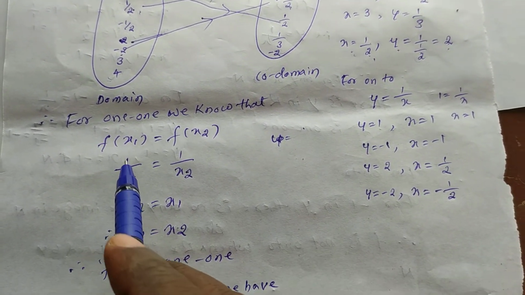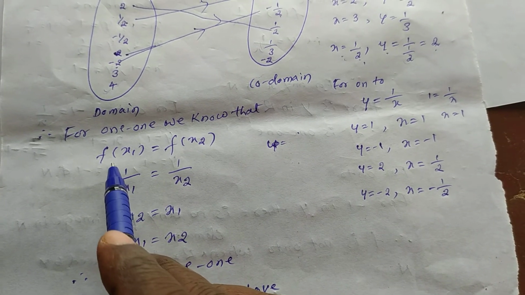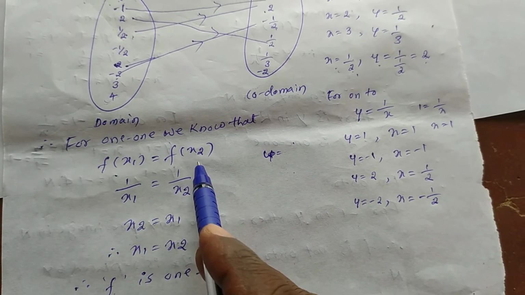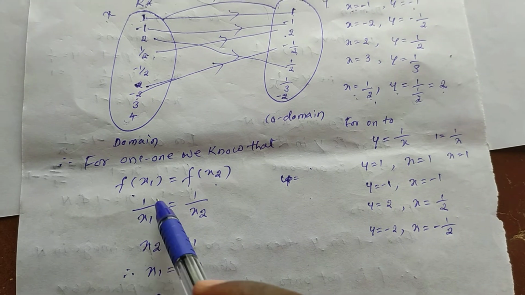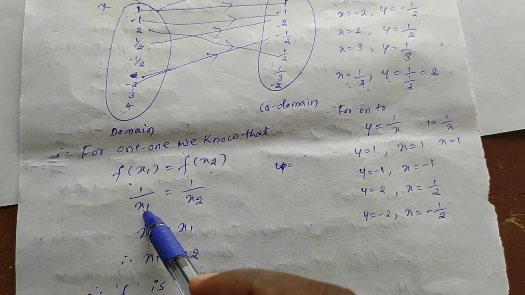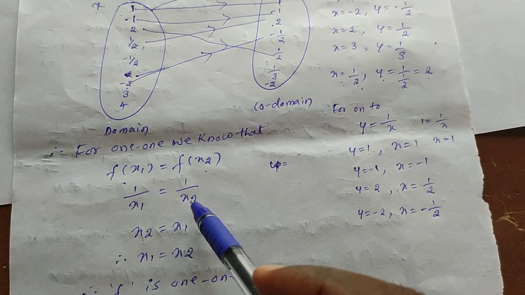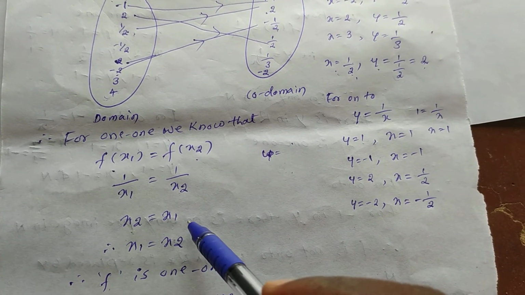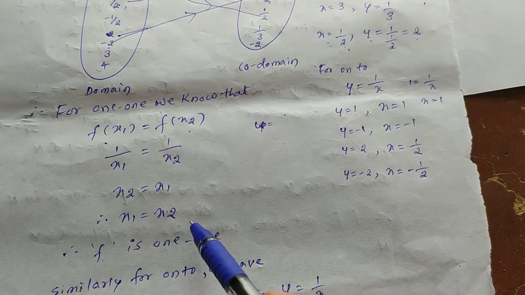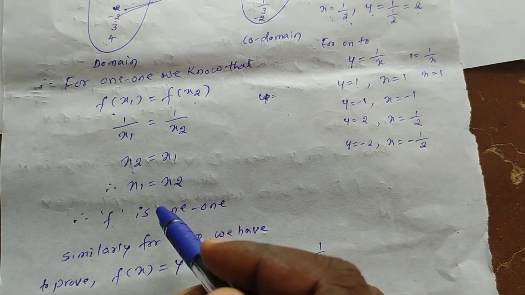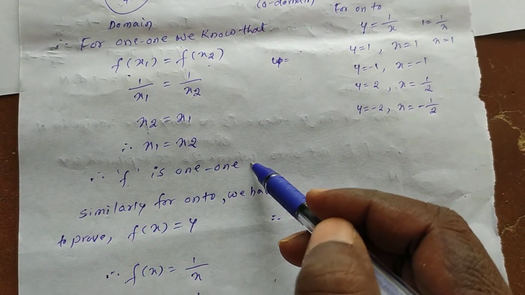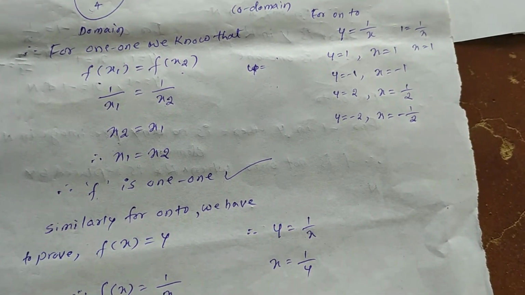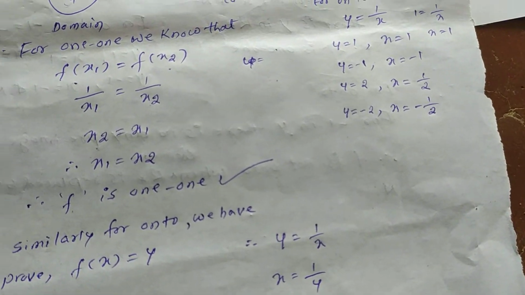See here, I already told you in that video, when f of x1 is equal to f of x2, then, since the function is 1 by x, put x1 in place of x and x2 in place of x. 1 by x1 is equal to 1 by x2. Therefore, we get x2 is equal to x1, or x1 is equal to x2. If you prove that x1 is equal to x2, then it is one-one. So, the function is one-one. Similarly, for onto,